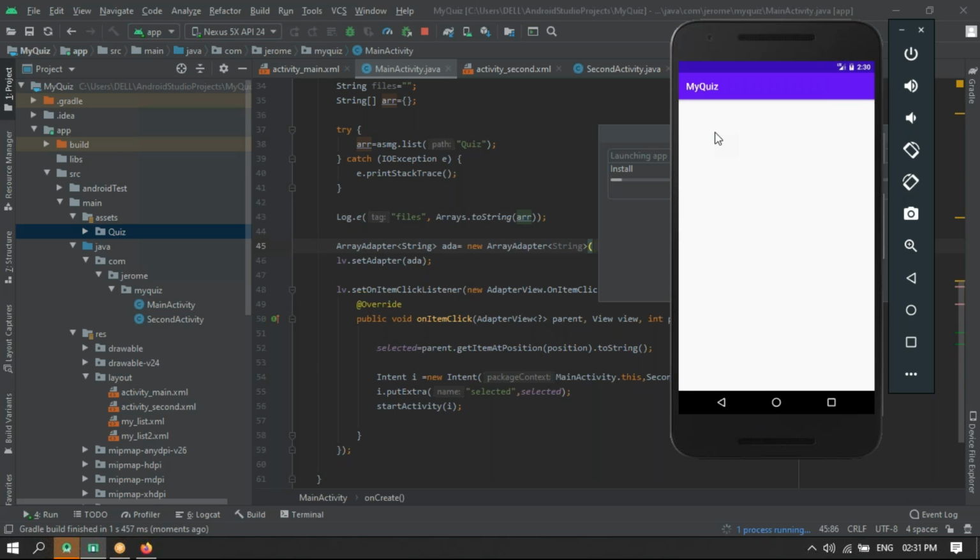Now you can see that there are some extra things that we don't want to display. That is .txt. We don't want to display that .txt in our list. For that, it's a very simple method. We'll use a for loop to remove these unwanted things. So what I'll do is